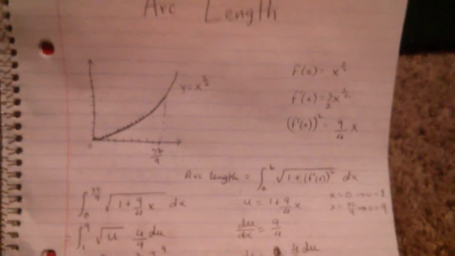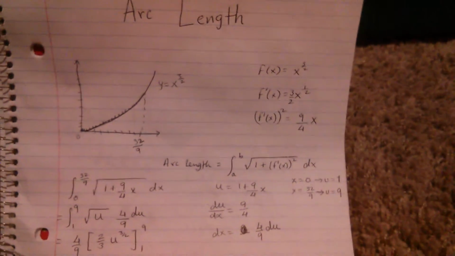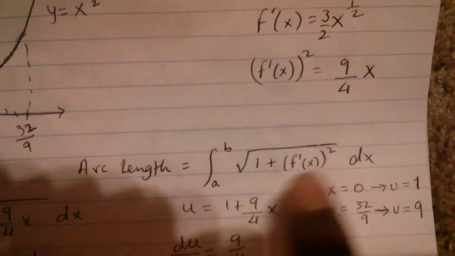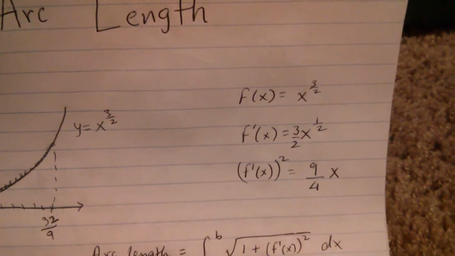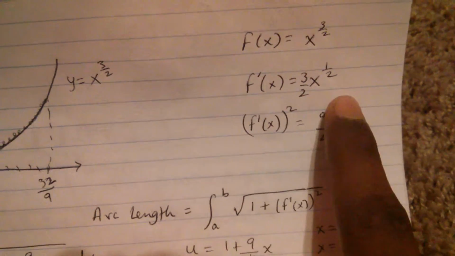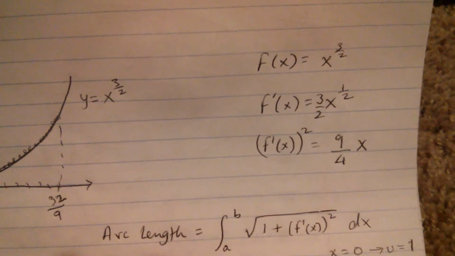So this is basically how you find the arc length of an arc. You can have any function right here, and using this formula, you can solve for any arc length. Whenever you have arc length problems, you always want to do three things first: write down your f of x, take the derivative of it,